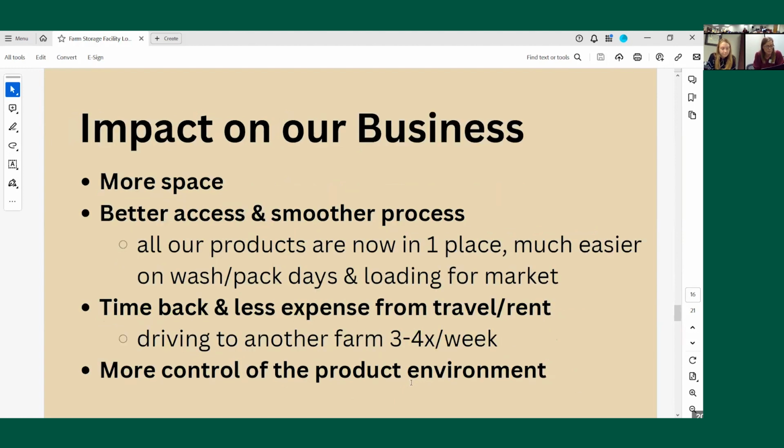Overall, it's been a total blessing to our business. We have so much more space. We have better access. It's a smoother process. Everything that we do now with all of our products is in one place instead of multiple different refrigerators and a couple different locations on the farm. It's a lot easier whenever we're washing and packing our produce,